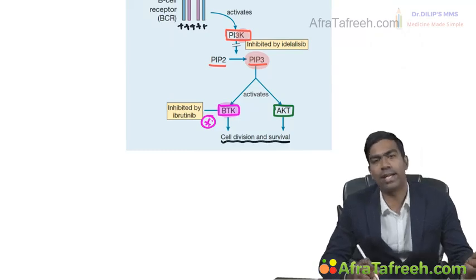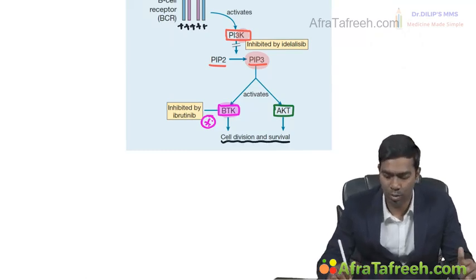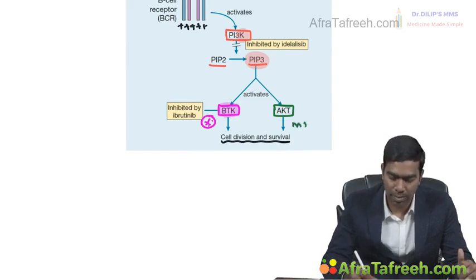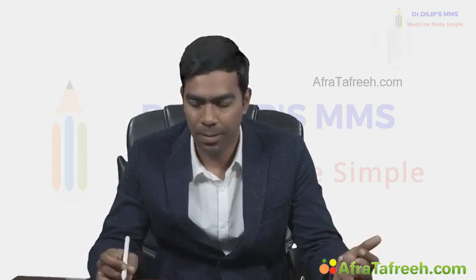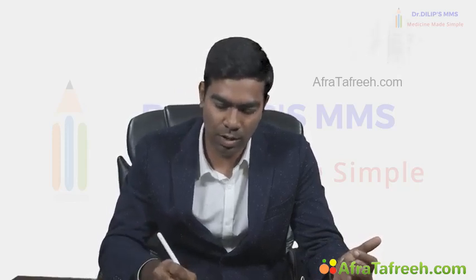Now once the AKT pathway and BTK pathway are activated, you know that you're going to accelerate the cell division and survival. But how they do this is also very important. The AKT pathway is generally going to activate the cell cycle, and it's through the mTOR pathway. mTOR signaling, you know very well, activates the cell cycle and cell proliferation through production of a lot of anti-apoptotic proteins like BCL6. At the same time, the BTK pathway, this Bruton's tyrosine kinase, is going to